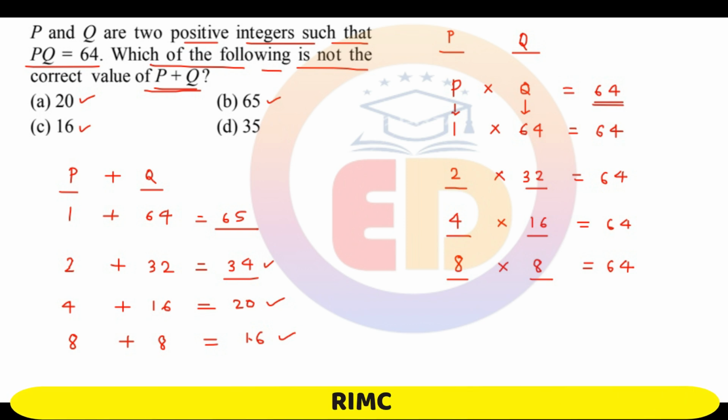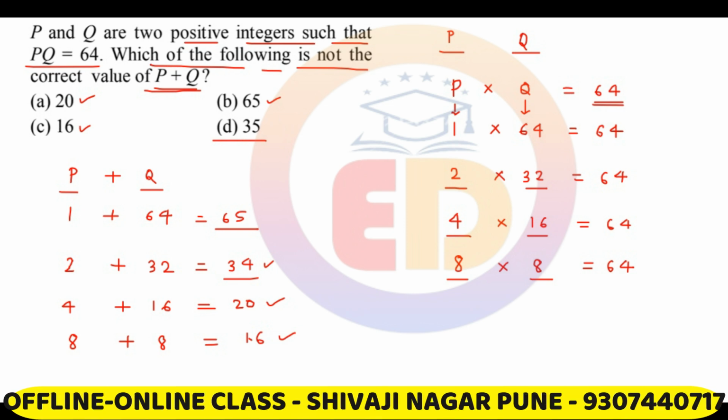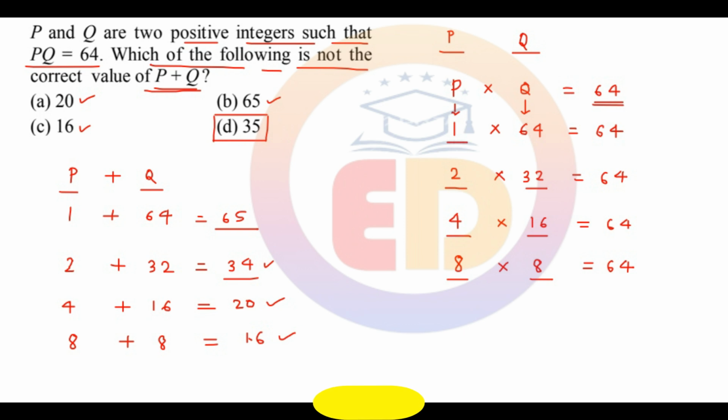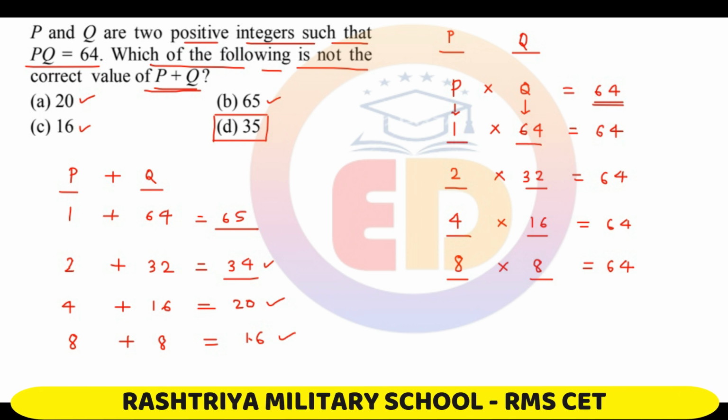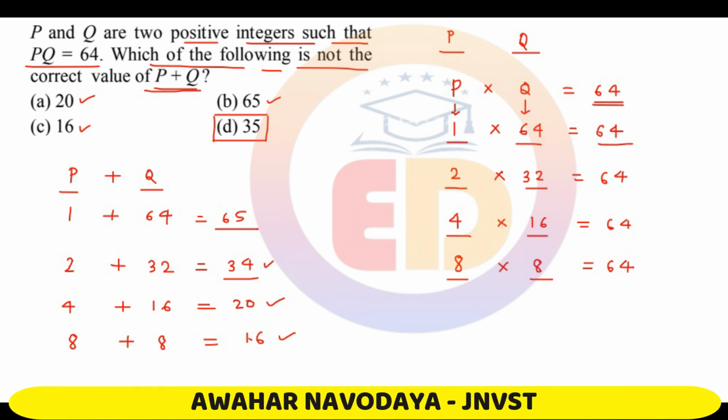Now, we cannot get 35. 20 we can get, 16 we can get, 65 also we can get, but 35 is not possible as the value of P plus Q, because these are the values which P and Q take when we multiply and get 64. जब हम P और Q को मल्टीप्लाई करें और 64 आ जाए तो P की पॉसिबल वैल्यूज